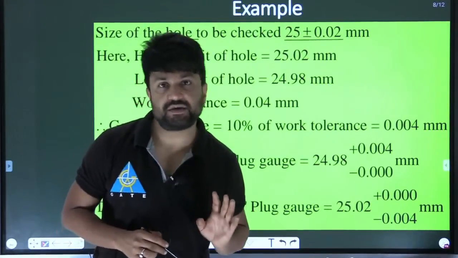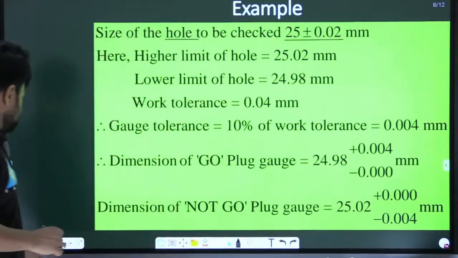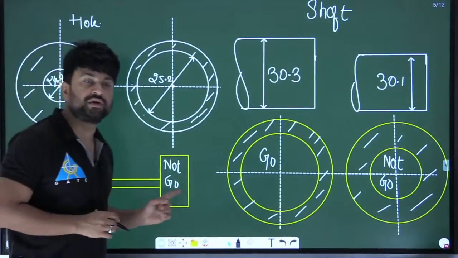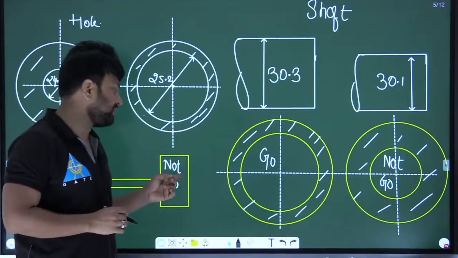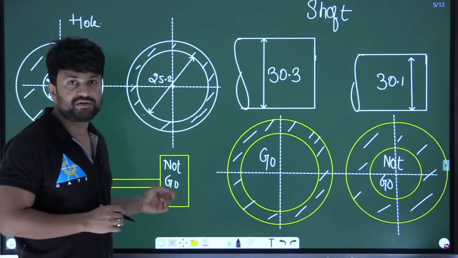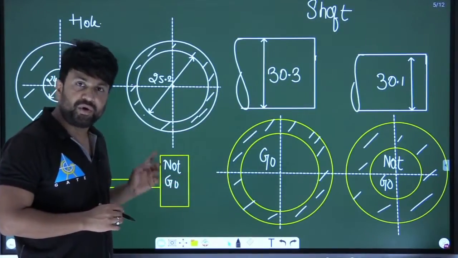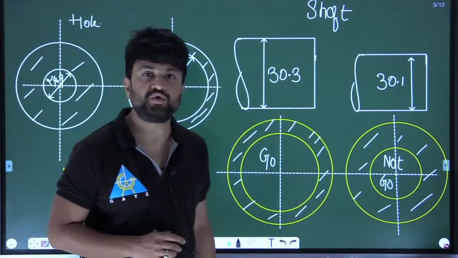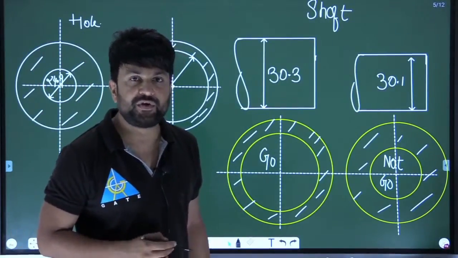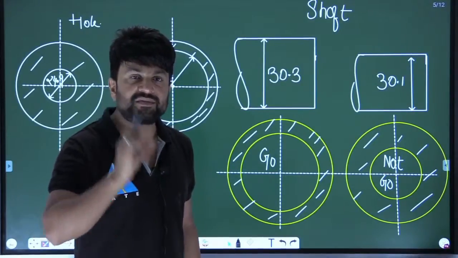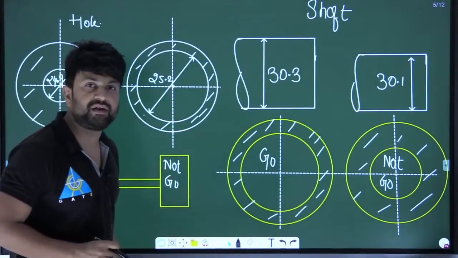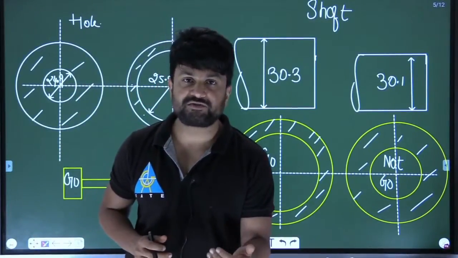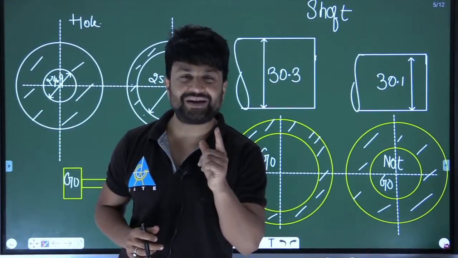So you have to design the plug gauge. One thing is also there: the plug gauge is not given by God. You are going to manufacture it, my dear. If you manufacture it, you will make a little bit of error, and then the size of the gauge will vary. If the size of the gauge varies, it means there will be a tolerance on the gauge, but that tolerance is